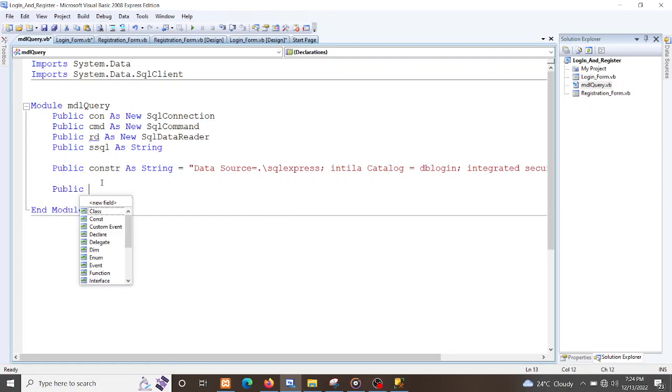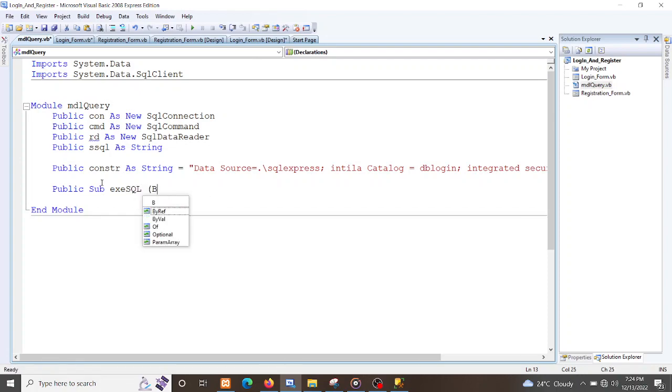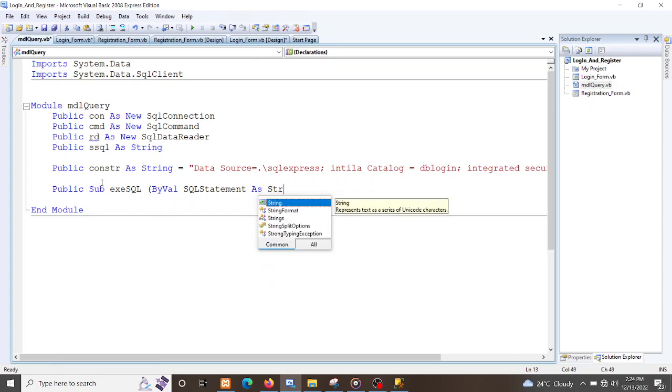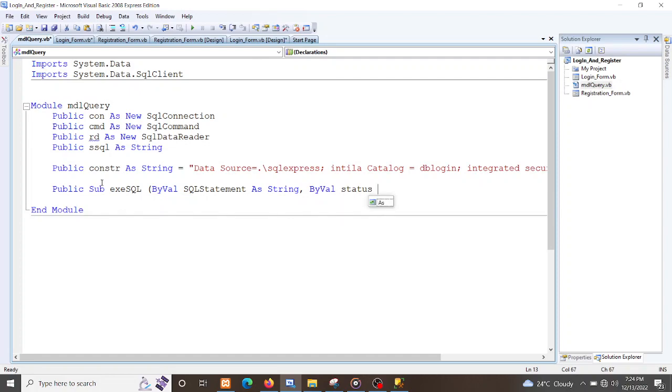Then public sub-procedure exesql. And by value ang ibig sabihin mo SQL statement as string, by value status boolean. Okay, then